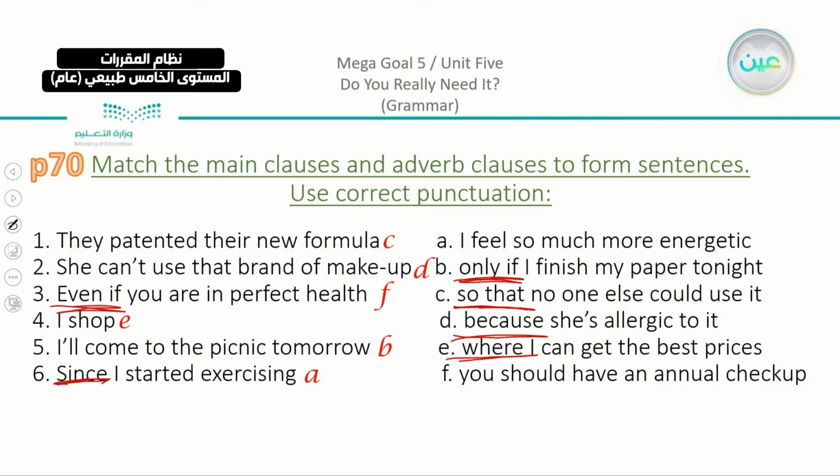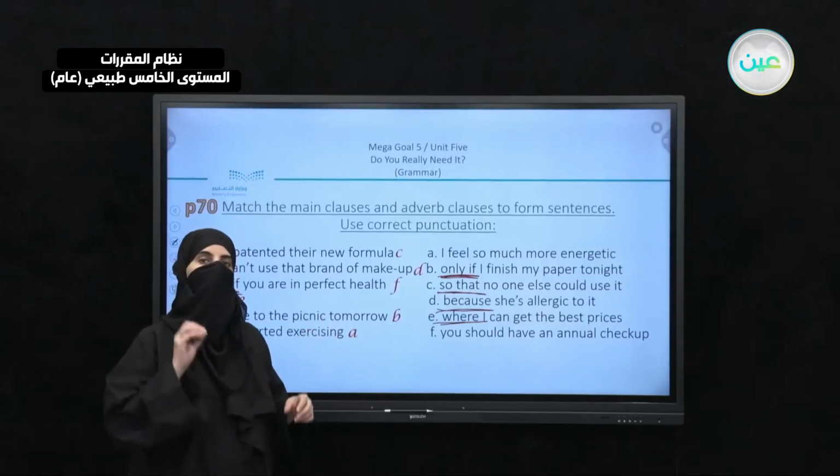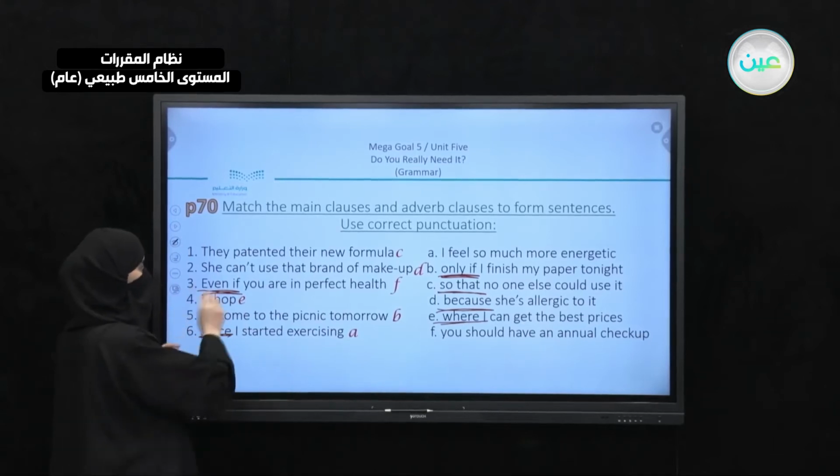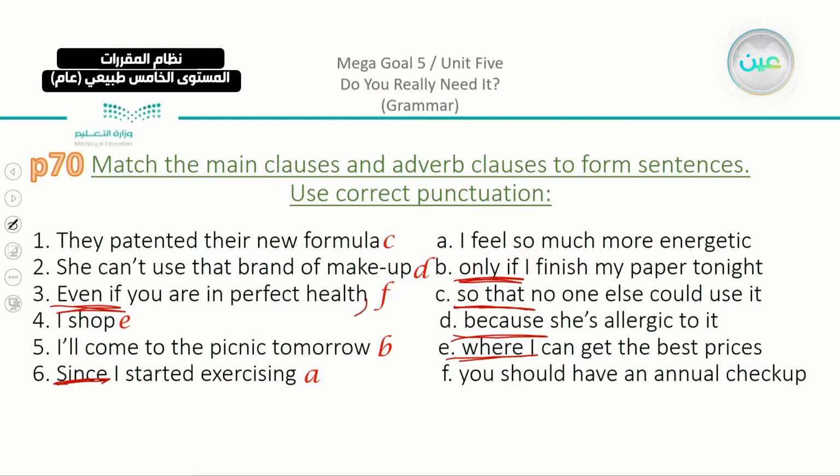Now we agreed that if the conjunction is in the middle of the sentence, you don't have to put a comma, and the opposite is correct. Since we have the conjunction at the beginning of the sentence in some examples, I'm only going to put the comma in those examples. So number 3, even if, there's a comma, and then we complete. Since I started exercising, there's a comma, and we complete. So if you have your conjunction in the middle, you don't need the comma. Okay, after that,